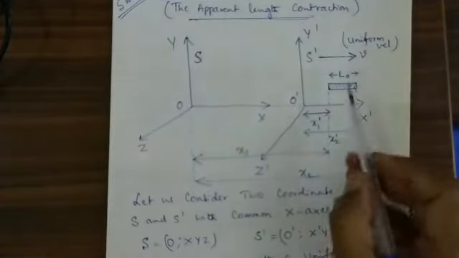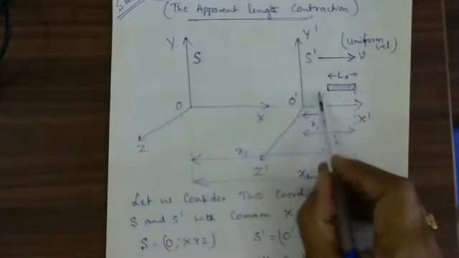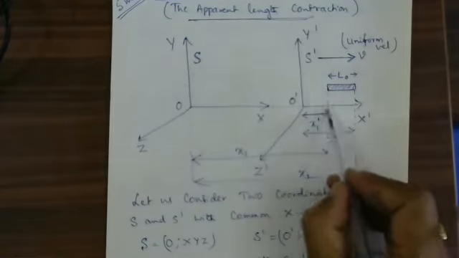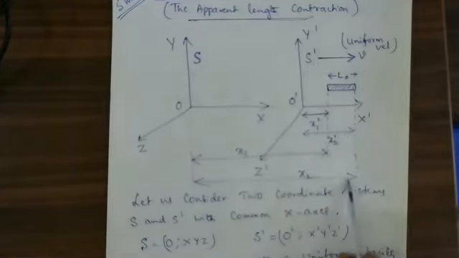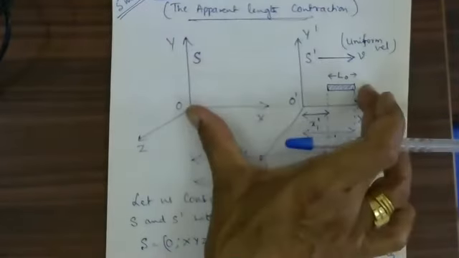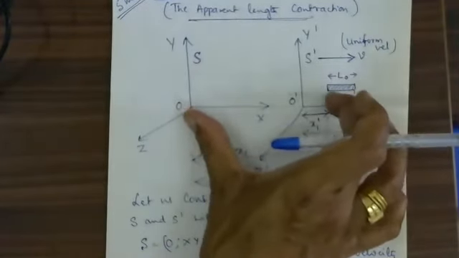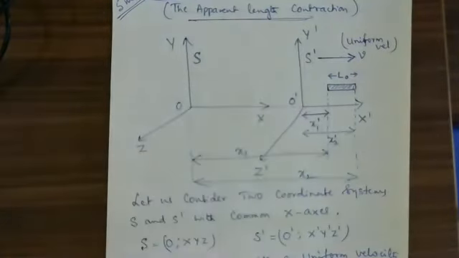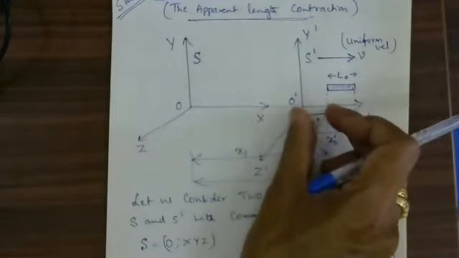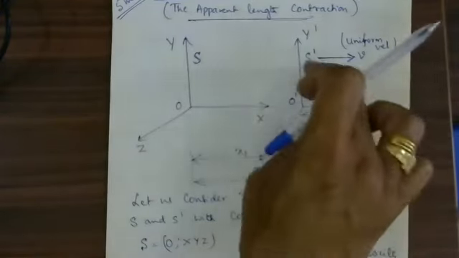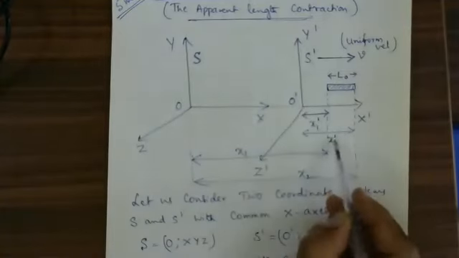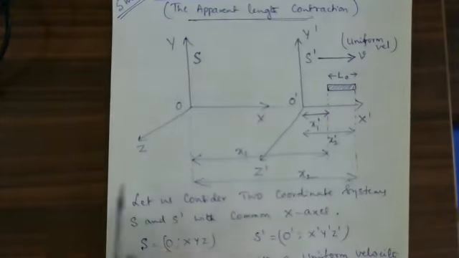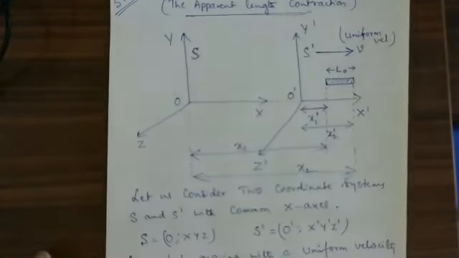If a rod is lying along the x-axis, whose coordinates are x1 dash and x2 dash in S dash, and x1 and x2 with respect to O, meaning with respect to S. Considering from O dash, x2 dash minus x1 dash is L naught, and x2 minus x1 is L. That I have to choose. That one only I have shown.